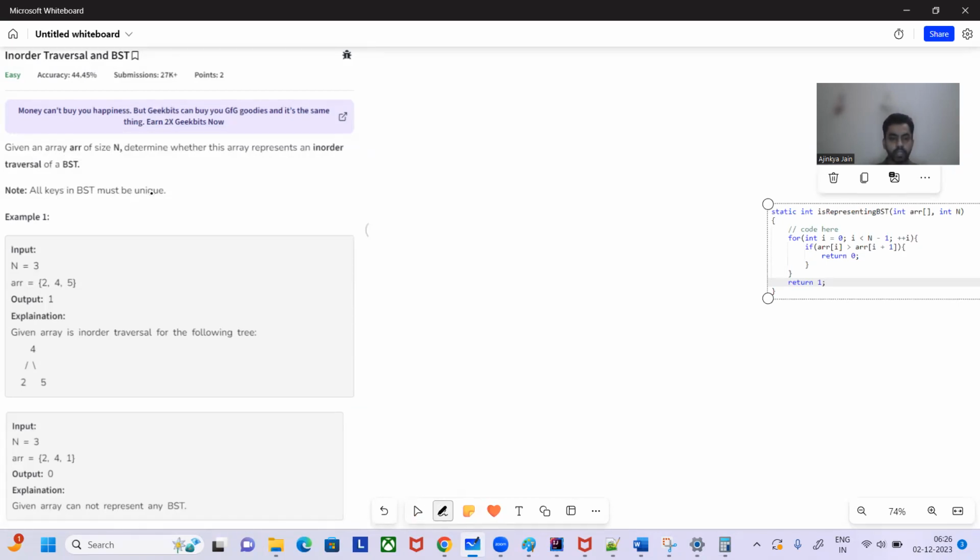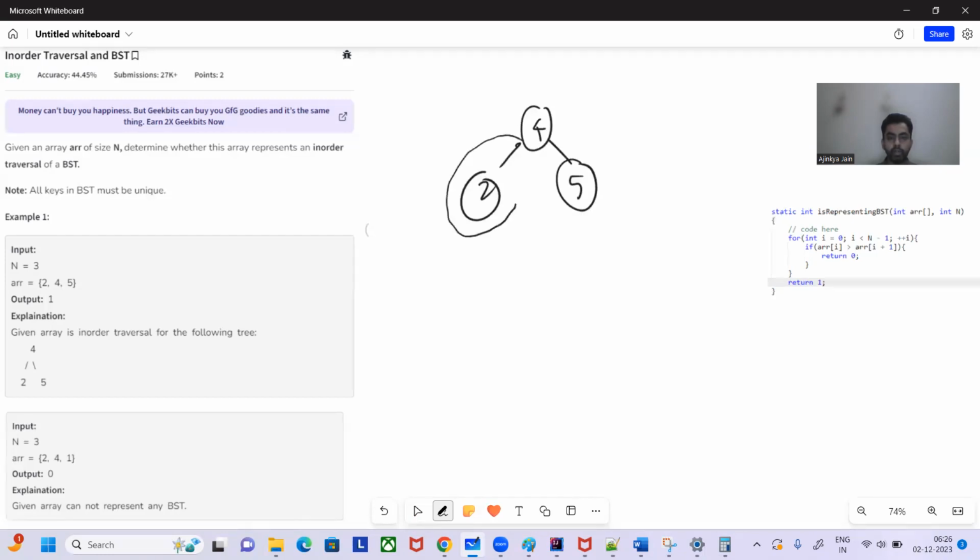So what is the property of a BST? For example, if we take this tree, in a BST all the elements in the left subtree will be lesser than the one in the root, and all the elements in the right subtree will be greater than the element in the root, right? So when we do in-order traversal,